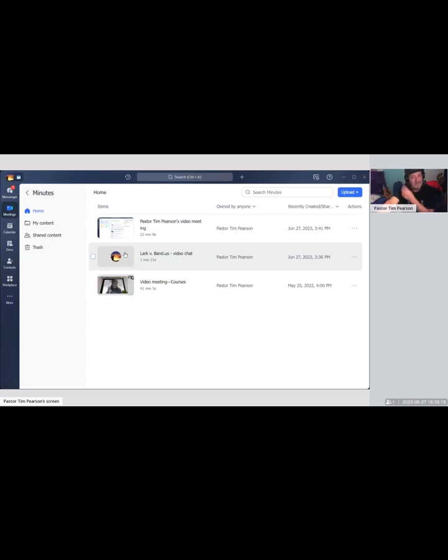Minutes. In the minutes, you could go in, you could copy the link, and you get a transcript that you can see in the video. It runs when you record the video. You see the transcript on the right side. When you play the video back, it actually plays back the text, so you could stop at any time and go over that text.